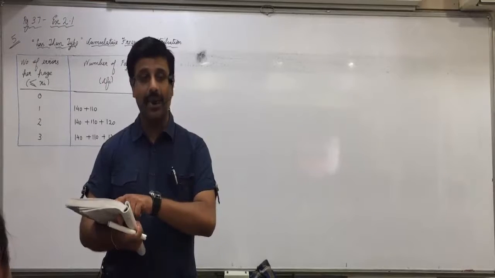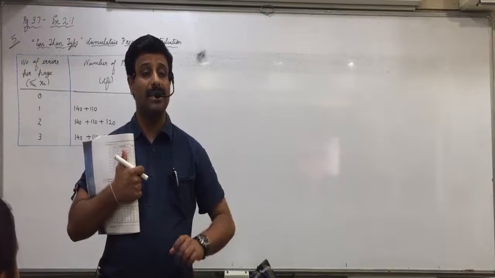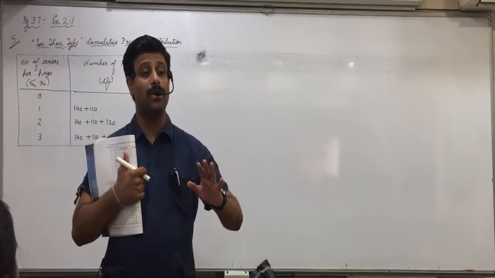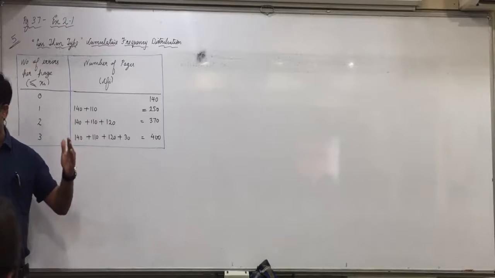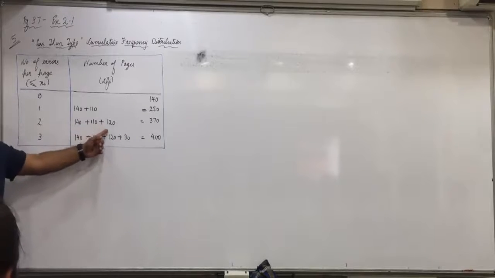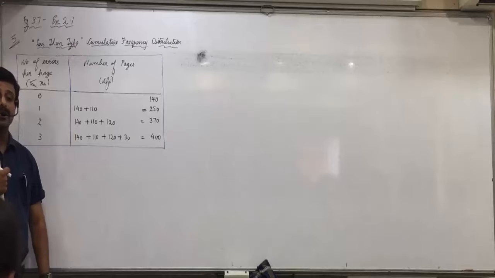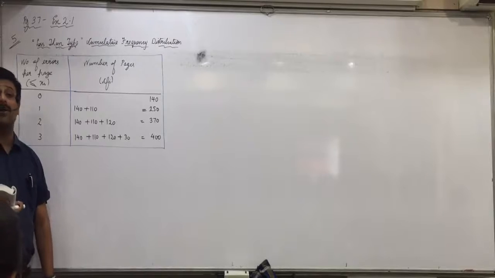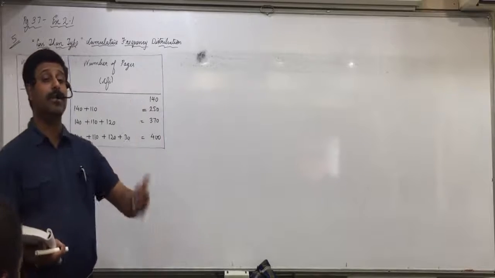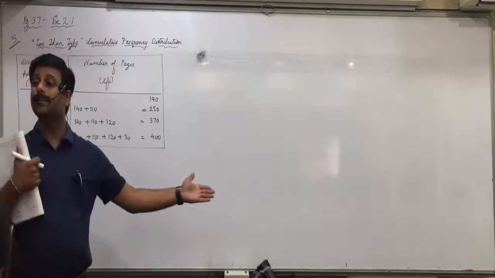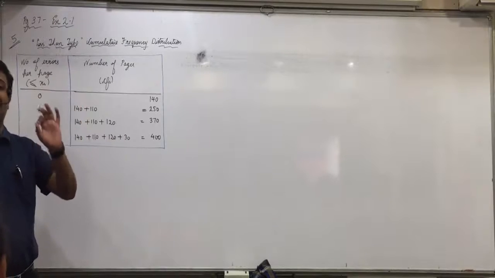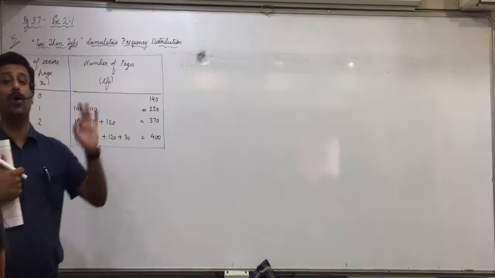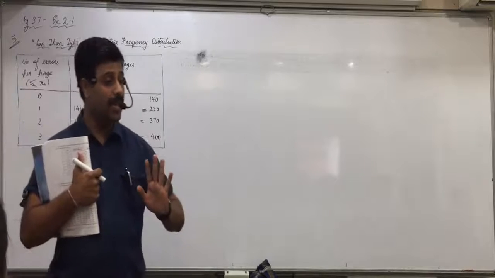If I say less than equal to 2 errors, it includes 0 errors also, 1 error also, 2 errors also. So they are on 140 plus 110 plus 120, 370 pages. And lastly, if I say less than equal to 3 errors, then everywhere there are less than equal to 3 errors. So all are added. This is the logic why we add from top to bottom. But you can directly remember, add from top to bottom. Simple. Any confusion in that?